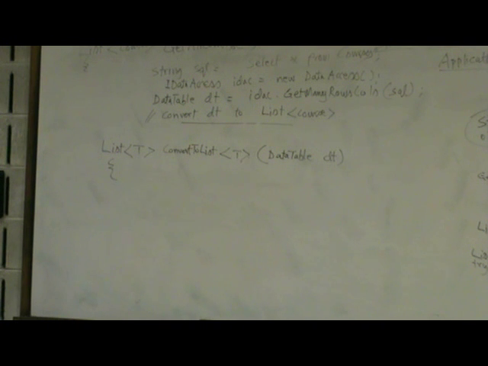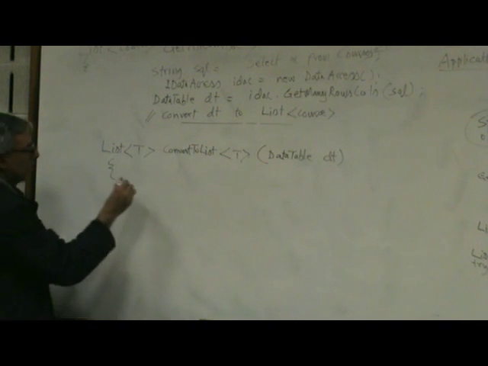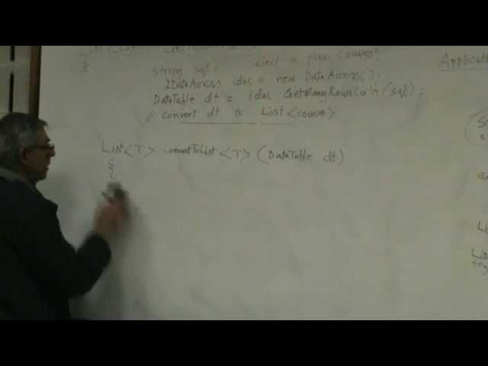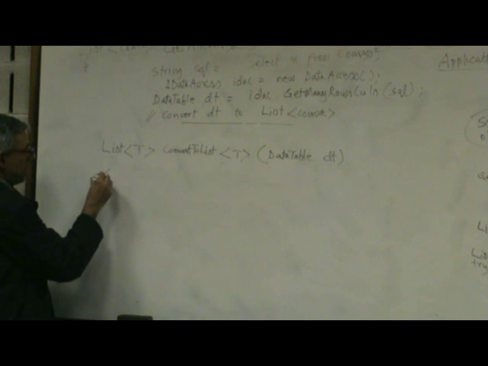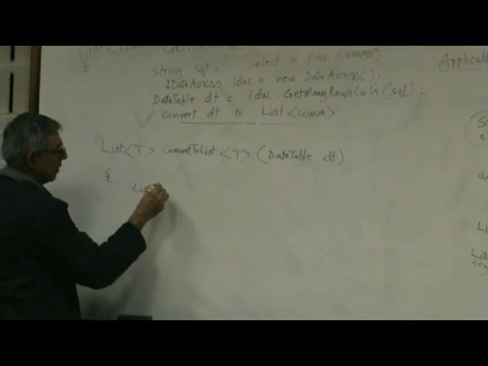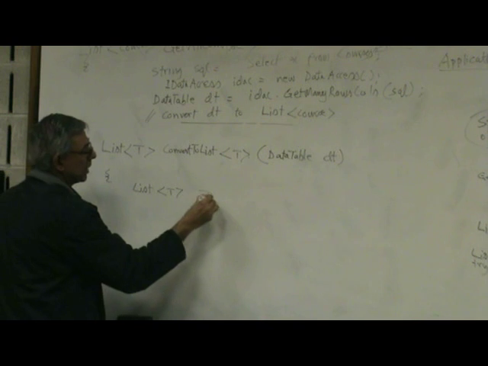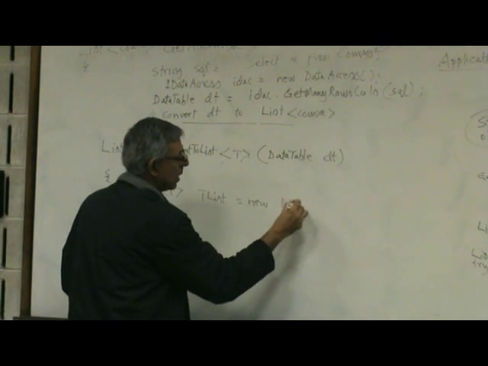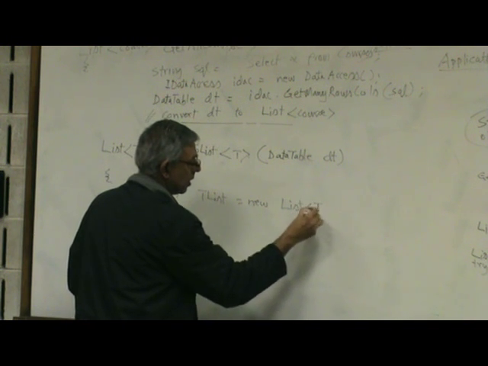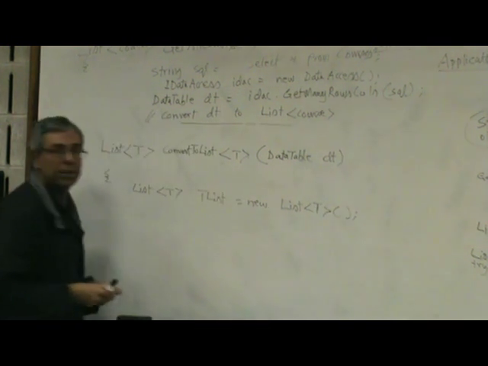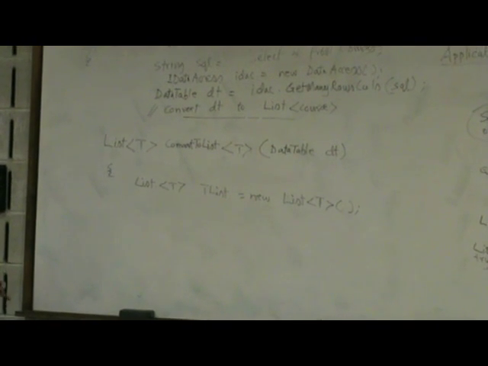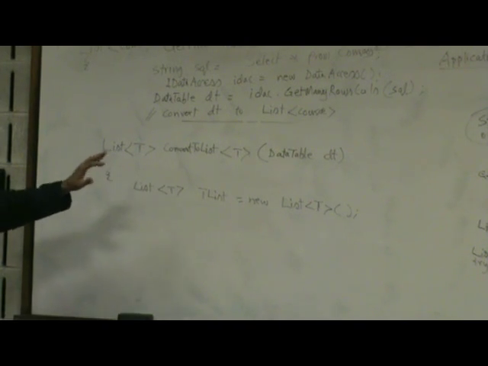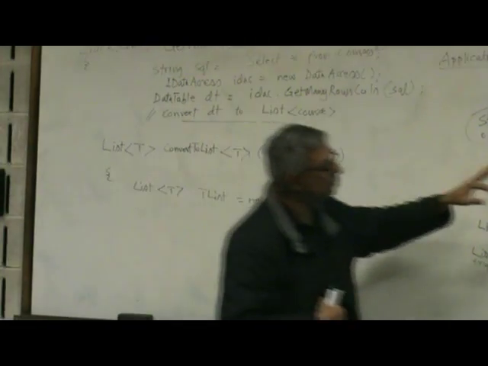Okay, so now let's start writing the code. So first we'll create this list over here. So we will say list of T, let me just call it tList, equal to new list of T. Right, everybody agrees? Okay. For example, if we were doing this part,